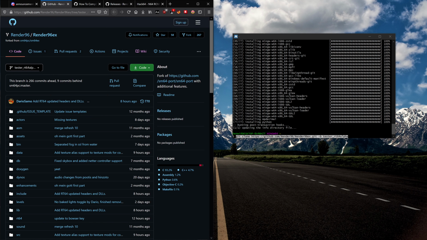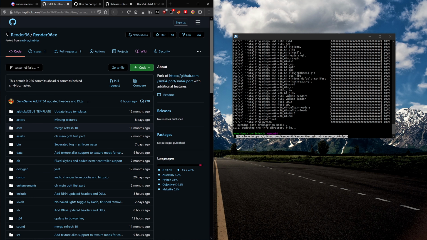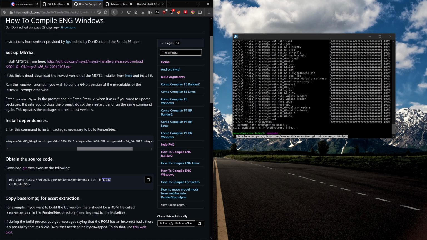If we come here, you can see there are these different branches on the tree, and they're just like the different versions of the game. So the master is like the stable version, I guess, and then there's an alpha and a fast build and all this sort of stuff. So the one we want is tester RT64 alpha, which is the one with ray tracing. So what we do is we change this alpha here to RT tester underscore RT64 alpha, and that'll